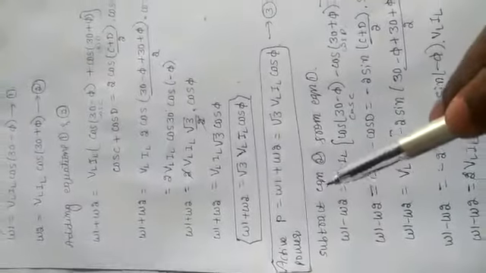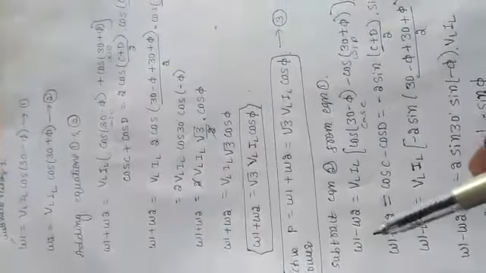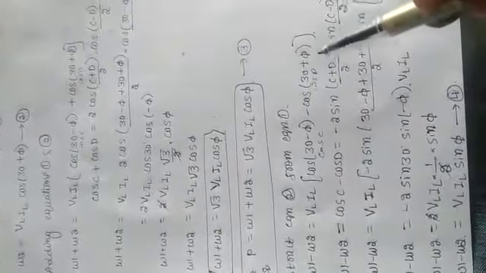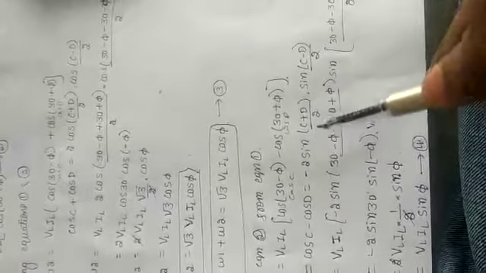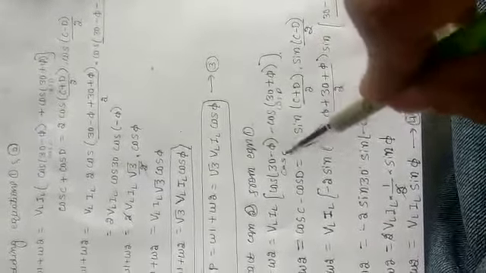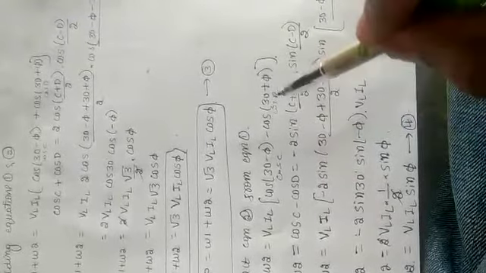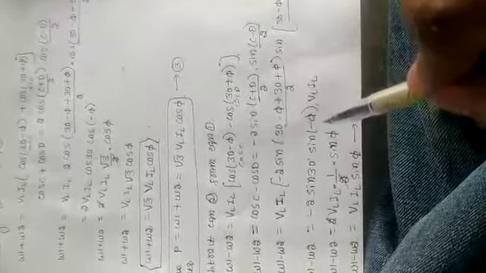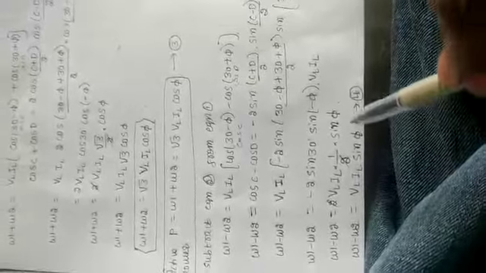In a similar manner, you have to subtract equation 2 from 1. If you subtract W1 minus W2, then VL IL [cos(30 minus phi) minus cos(30 plus phi)]. So this is in the form cos C minus cos D, which can be written as minus 2 sin((C plus D)/2) into sin((C minus D)/2). So minus 2 sin of C and D values. C is 30 minus phi, D is 30 plus phi. You substitute here and simplify it. Then sin of minus phi is minus sin phi. The 2 will get cancelled. W1 minus W2 is equal to VL IL sin phi.